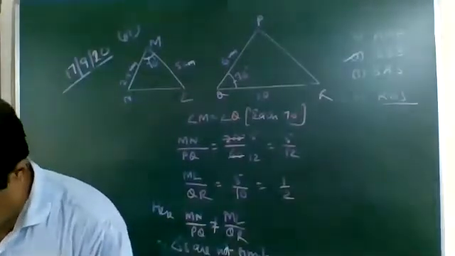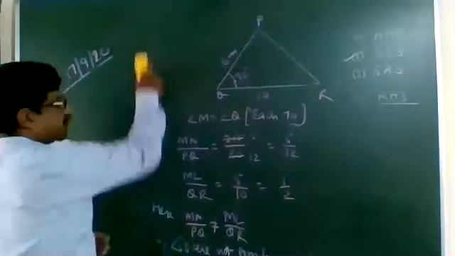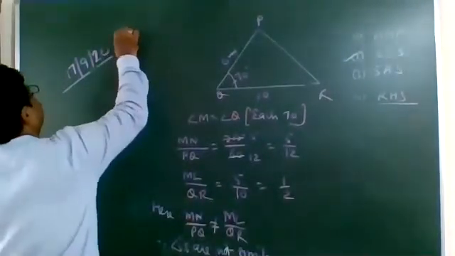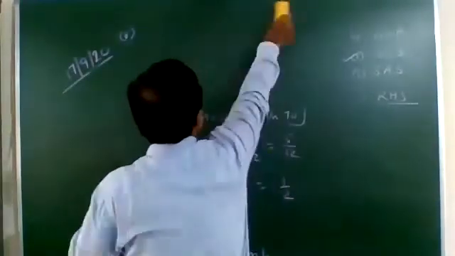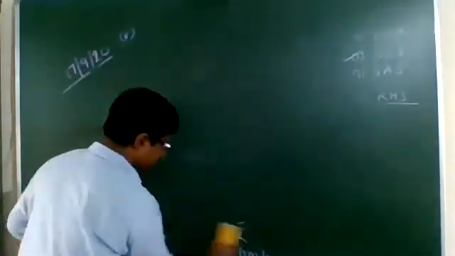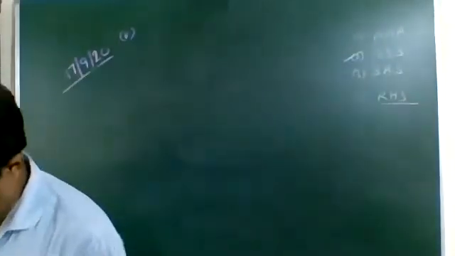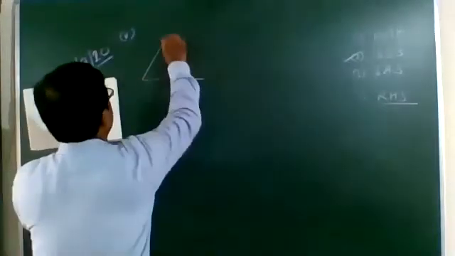The next one we'll take, this is the fourth part we have done. Now we'll take the fifth one. There is a chance of getting different questions in your textbook as well as in my book. Let's go through the question properly. Whatever I have got, accordingly I am doing.